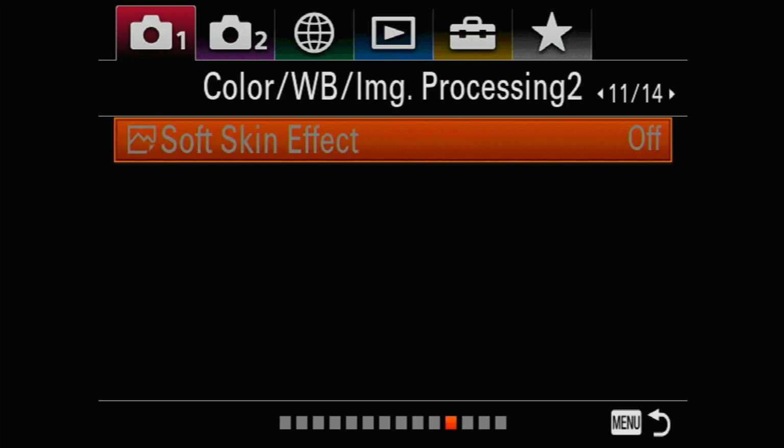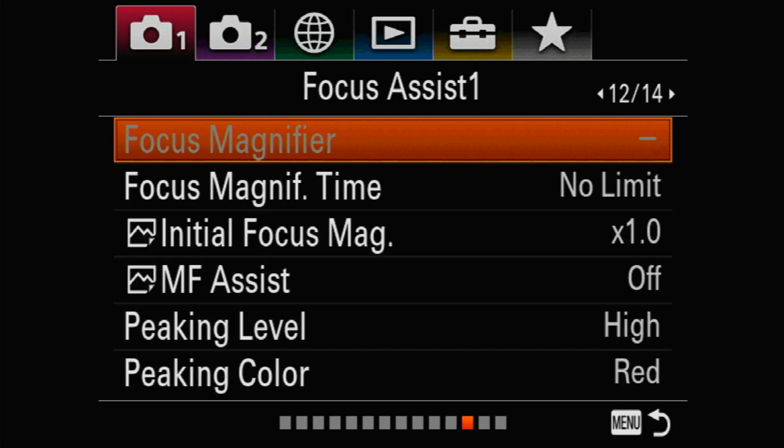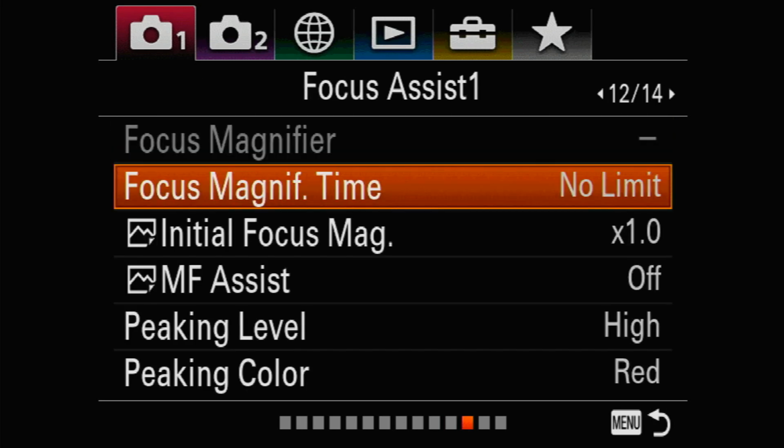Soft skin effect, so you can have soft skin effect if you're shooting in JPEG, but I obviously never use that. Focus magnification time. So if you're in focus magnifier, I've actually got it off, but if you go into